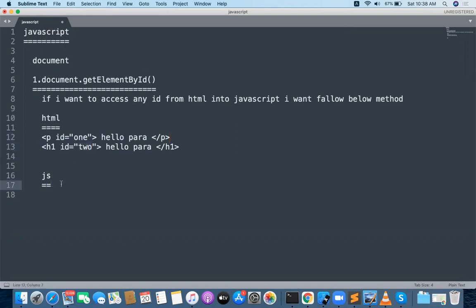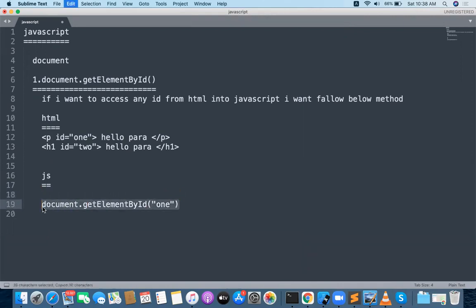I want to access this particular element first. How to access it? document dot getElementById. This is case sensitive and we have to follow camel case. getElementById is a method, and each and every method in JavaScript is in camel case. Document dot getElementById, and the ID name we need to provide, which is 1. Dot something you have to go with. Suppose I want to update HTML or CSS, or change some operation on this ID, I just access the ID in this manner.